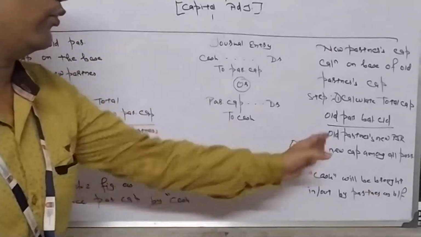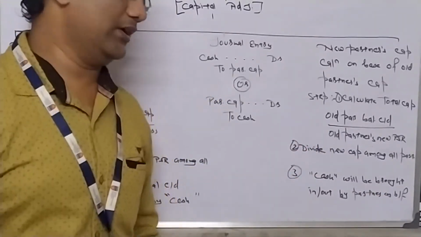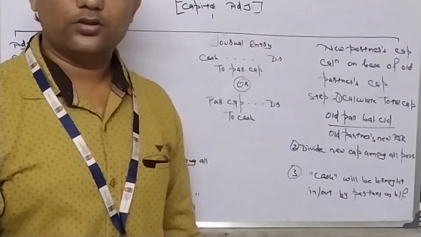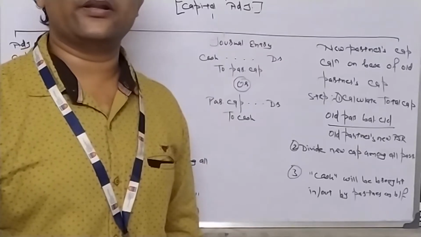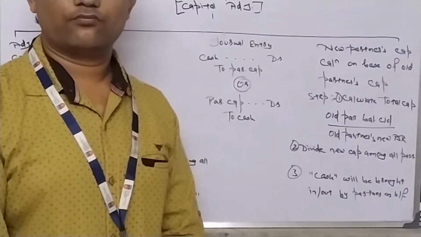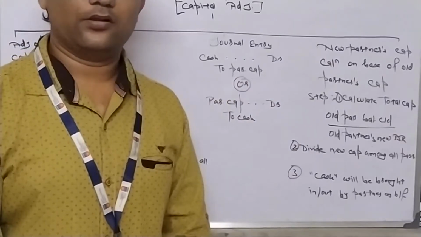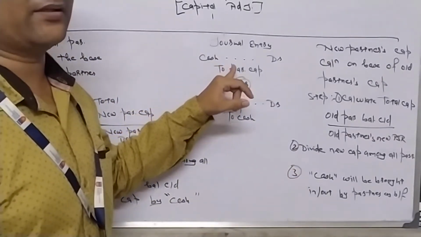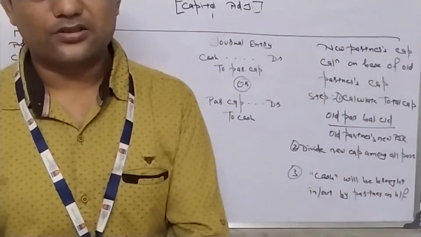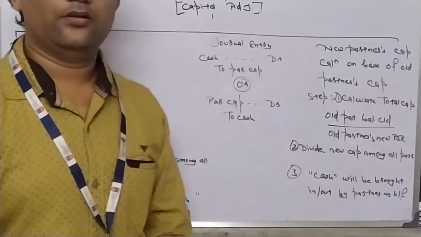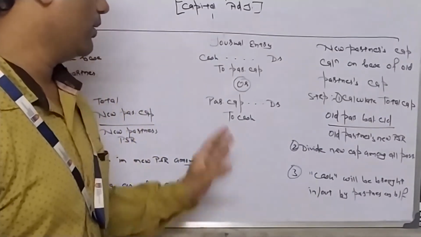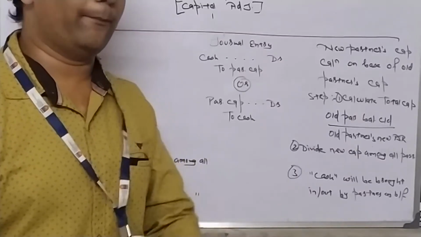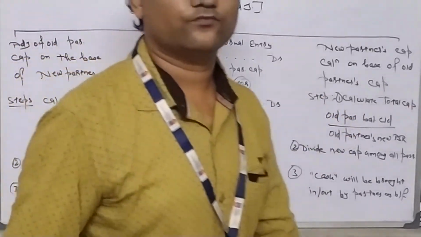And same method we will use. That new capital divided among all the partners in new profit sharing ratio. So we have got what amount C needs to bring in as his capital. We will do both the things with an example. And what will be the journal entry for the balancing figure? If a partner is bringing in the cash, cash account debit to partner's capital. If the partner is taking out the cash, partner's capital account debit to cash. Let's do it with two examples, one for this and one for this.